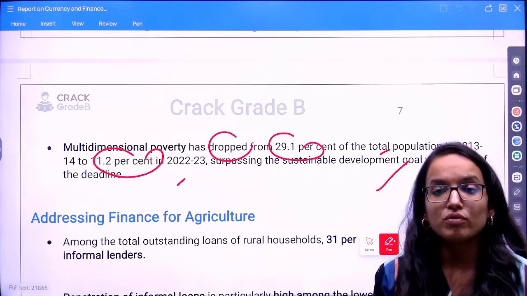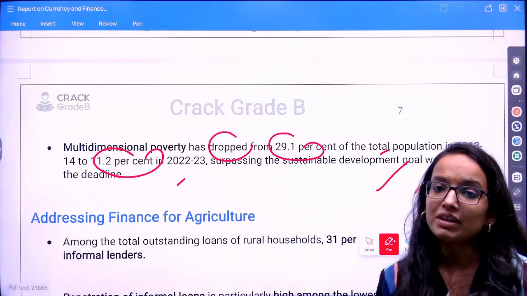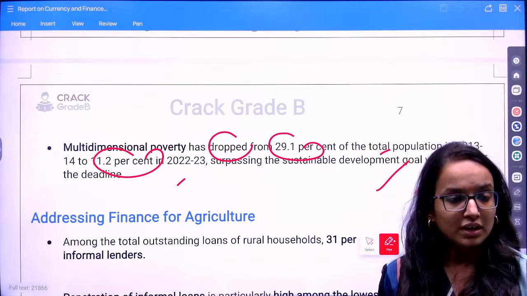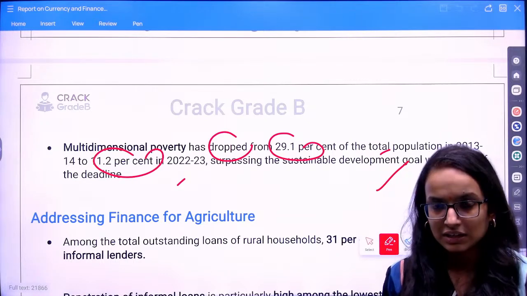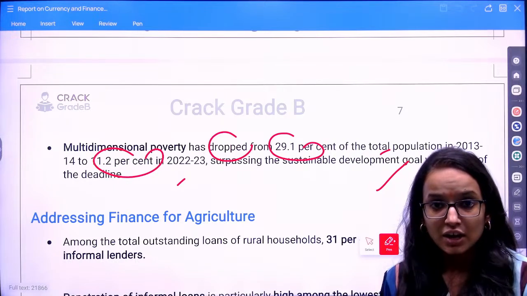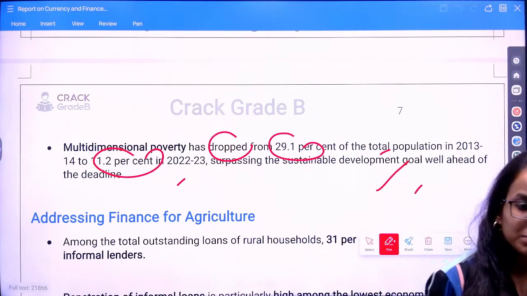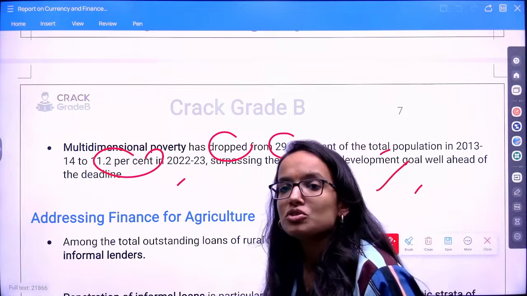Multidimensional poverty is the concept that poverty is not only in monetary terms. People can feel deprived in a lot of ways. You can be deprived of the standard facilities provided for health to other people in society, in terms of education, in terms of other social services, right? So poverty is not something only monetary, that if you are not able to spend a particular amount of rupees, you are poor. No, apart from monetary terms, poverty can have various dimensions.